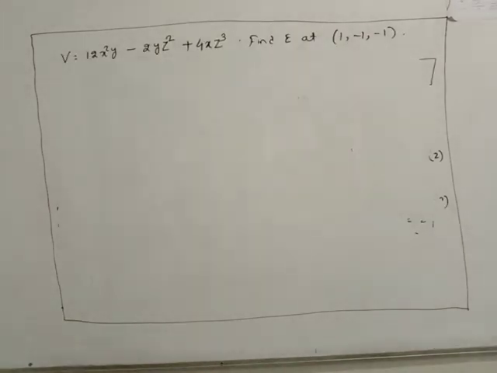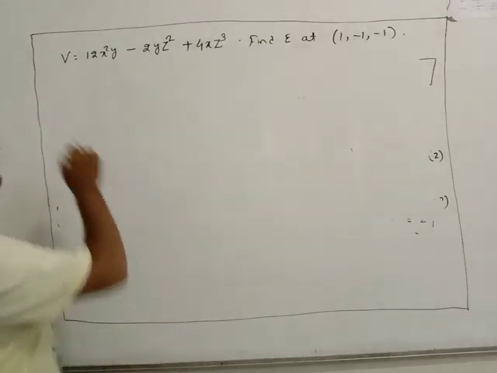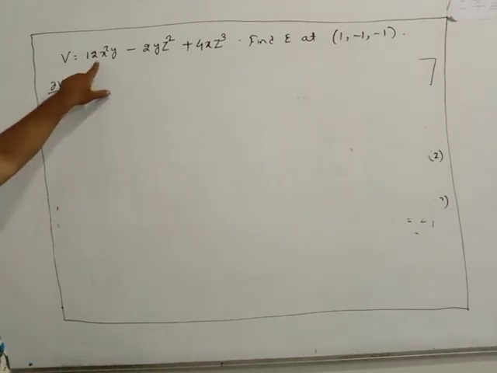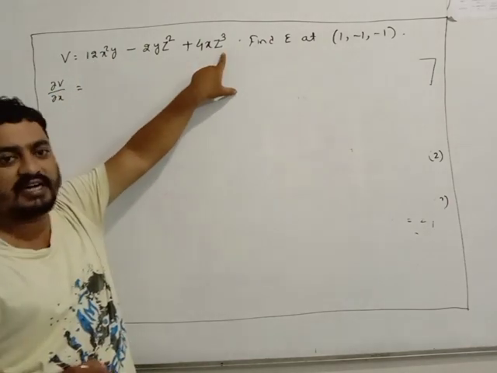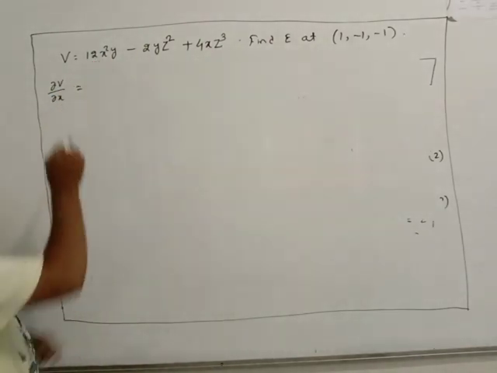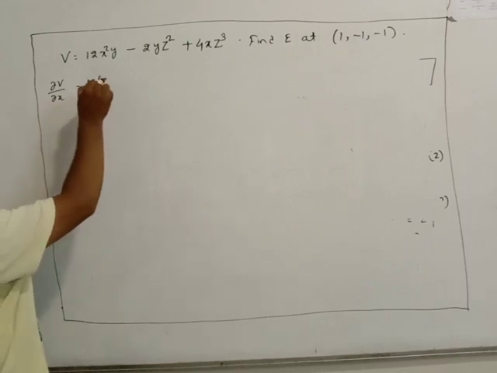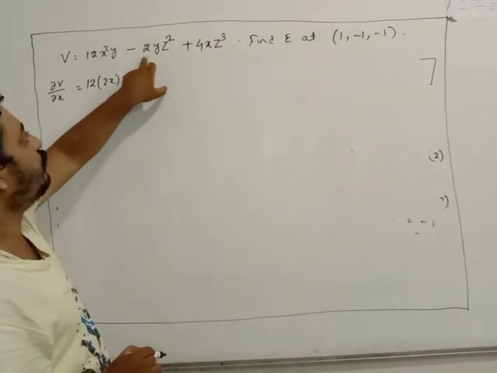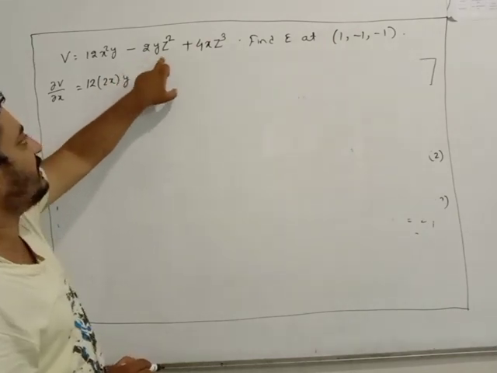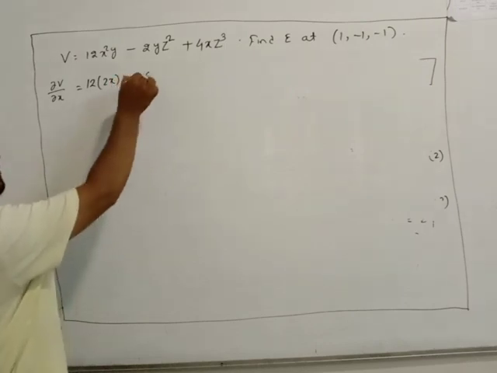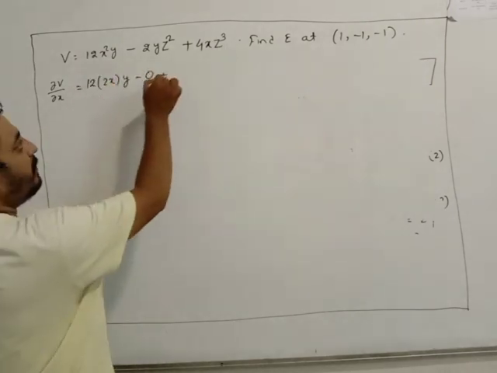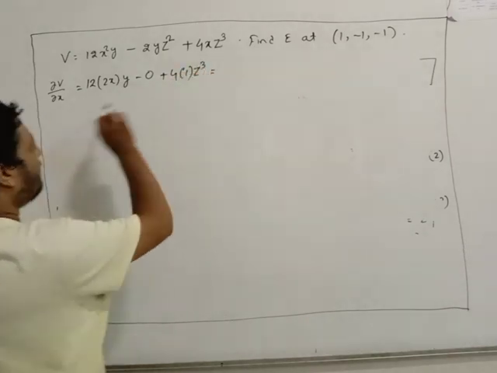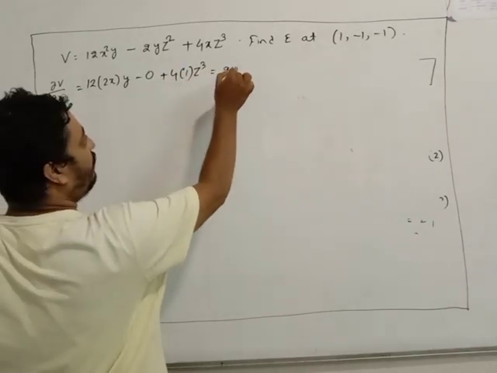So how to solve the problem? First v is this, so dou v by dou x will be, with respect to x you are differentiating. So in the first term it will be 12 into 2x into y. This term has no x, so all are constant and derivative of constant is 0, minus 0, plus 4 into derivative of x is 1 z cube, that is equal to 24xy